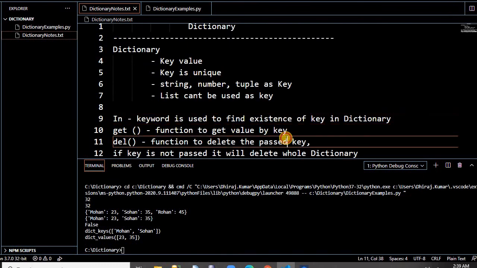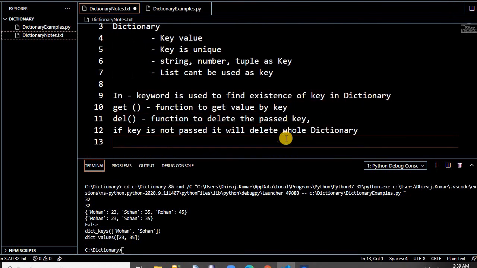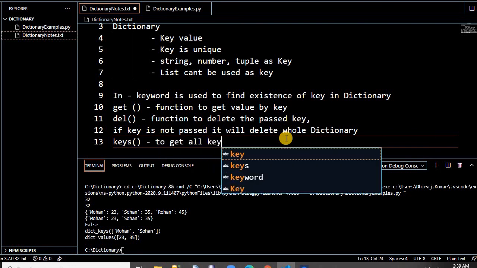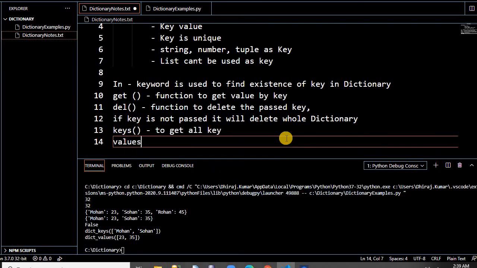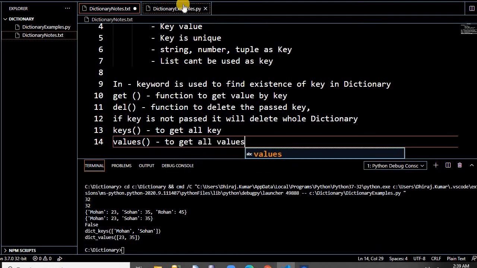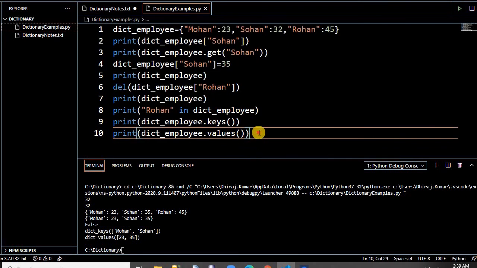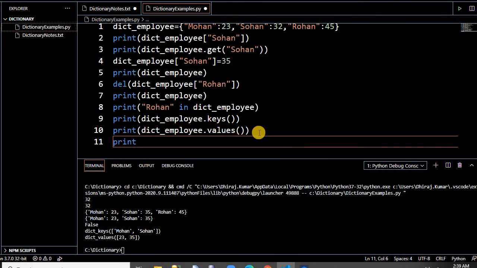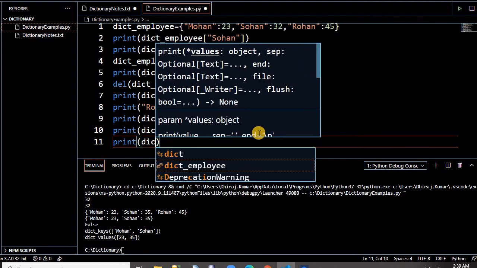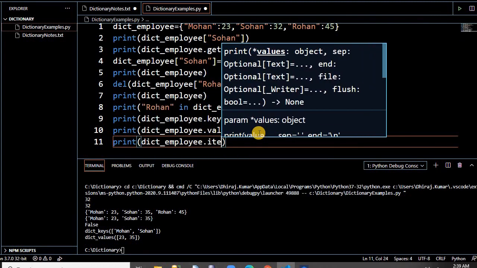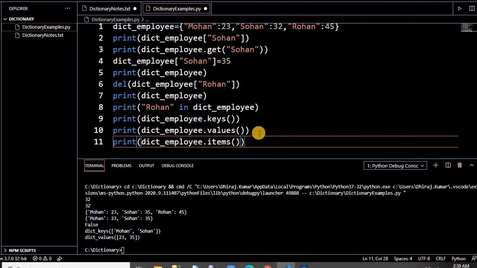So we have just seen keys is used to get all keys, and values is used to get all values. And if you need both the key and value as a pair, then we have the items function. We have to iterate through it. If you print dot items, it will give you the key value pairs.